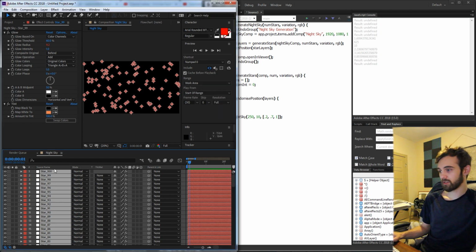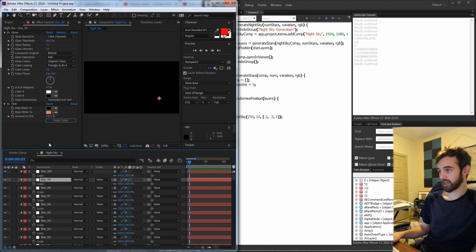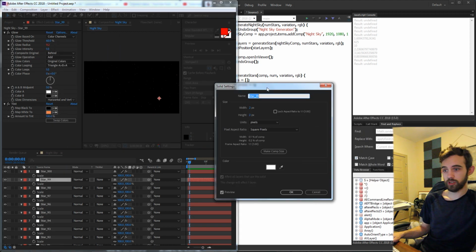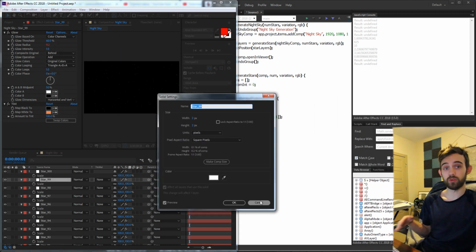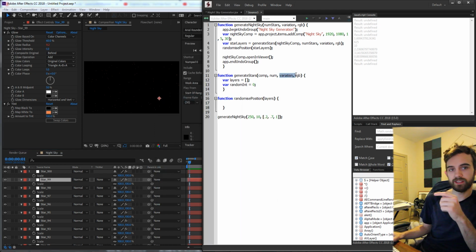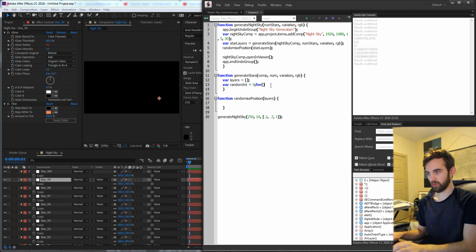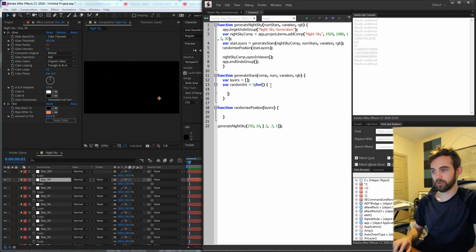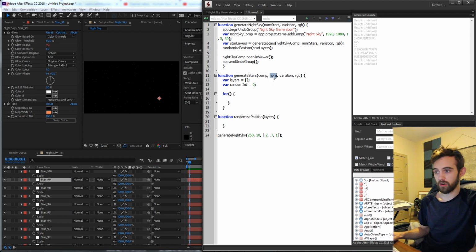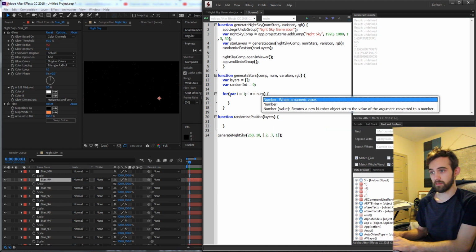A base scale for all these is going to be 100, which is the default scale. But if I, for example, check the size, we're creating 2 by 2 pixel size stars. And the variation needs to be plus or minus that size. In order to get the plus or minus, we're going to use this random int. This should make more sense in just a moment. We're going to make a for loop now to run through our number of stars and create them all. So I'm going to say var i is equal to 1, for i is less than or equal to num,